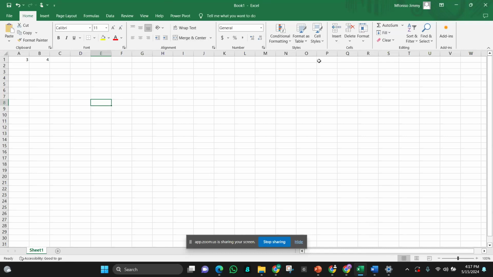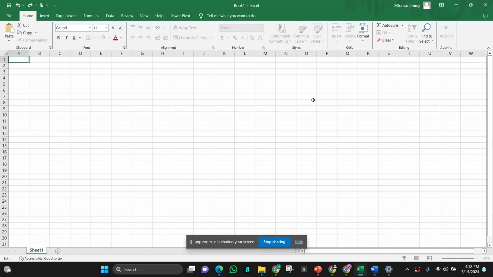This is the overview of the Excel sheet. This is the home. In this home is where you insert your data, either by manually inputting the data, or if you had your data and open it, this is the first sheet you're going to see.